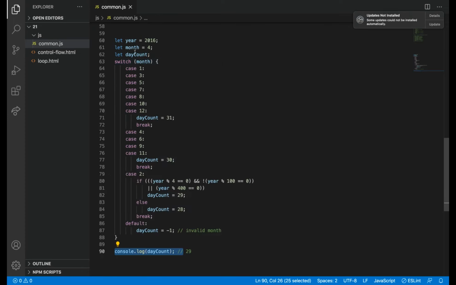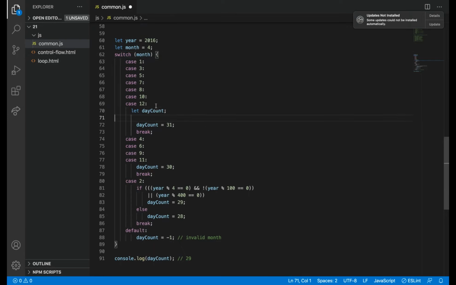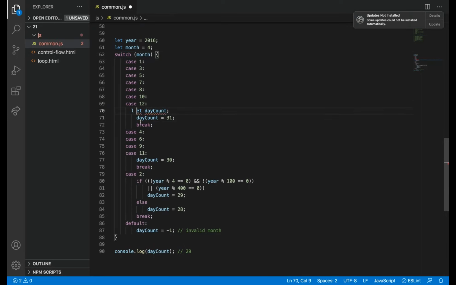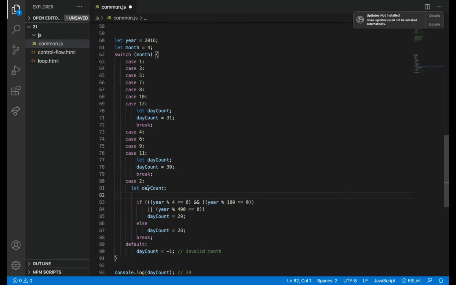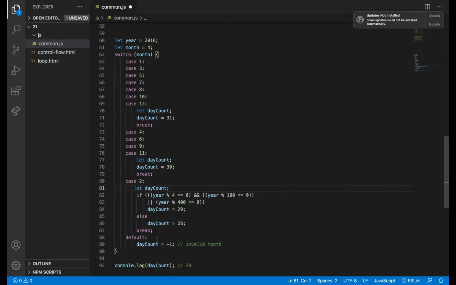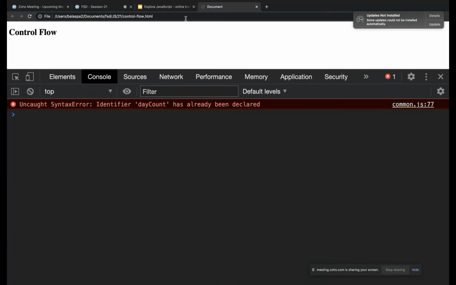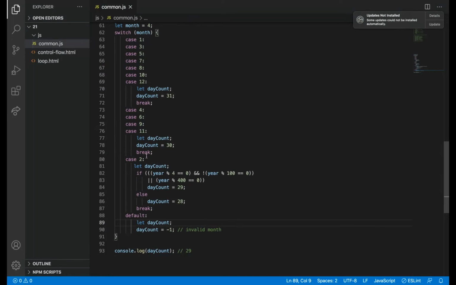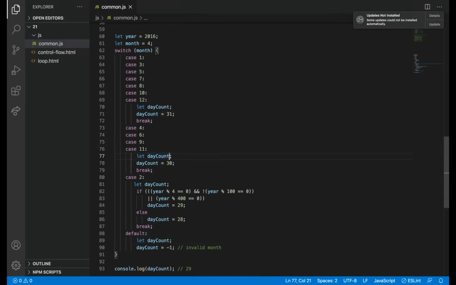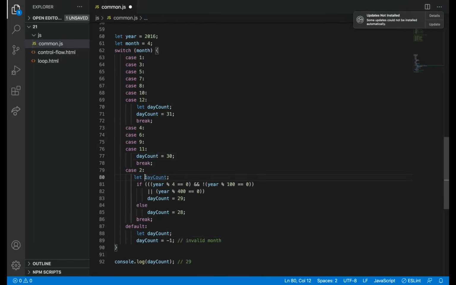If the day count is inside this, some other thing we can.